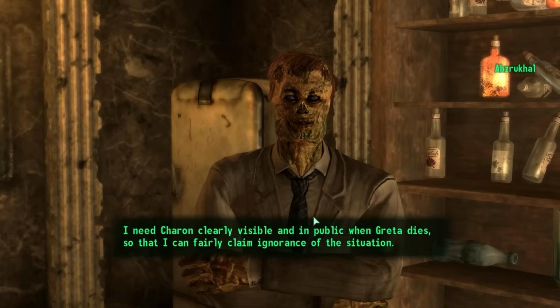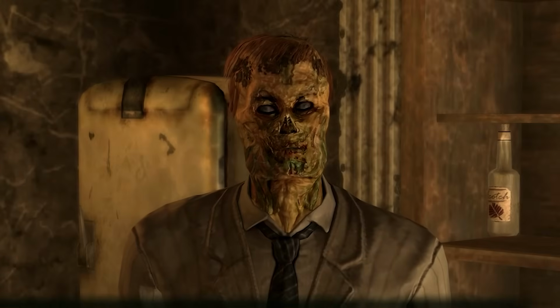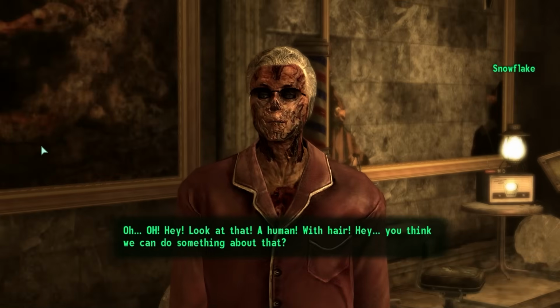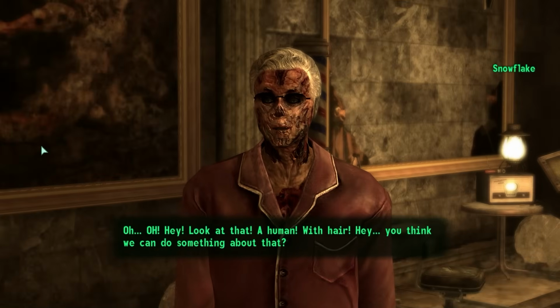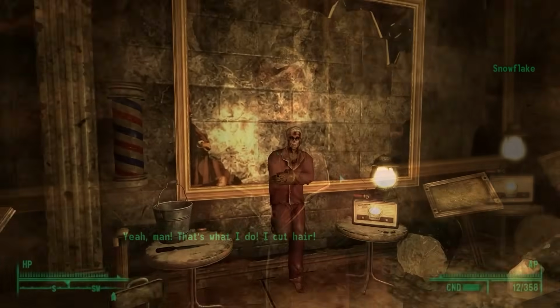Ahzrukhal is one of the few very evil characters in Fallout 3, and has a couple other interesting rabbit holes to go down. For a start, he sells Jet to Snowflake, the local ghoul hairdresser. If the Lone Wanderer asks him about his Jet usage...